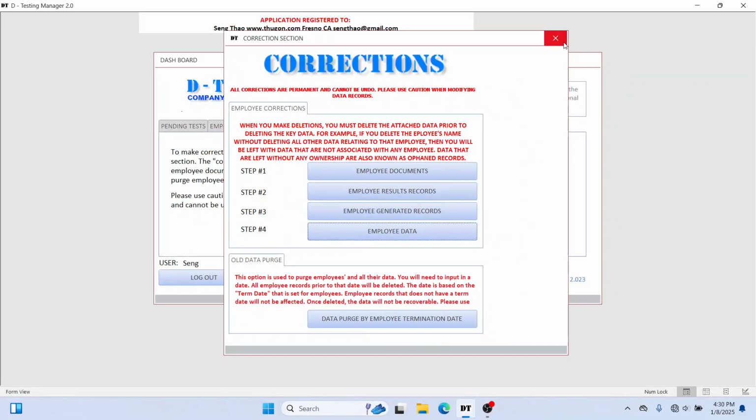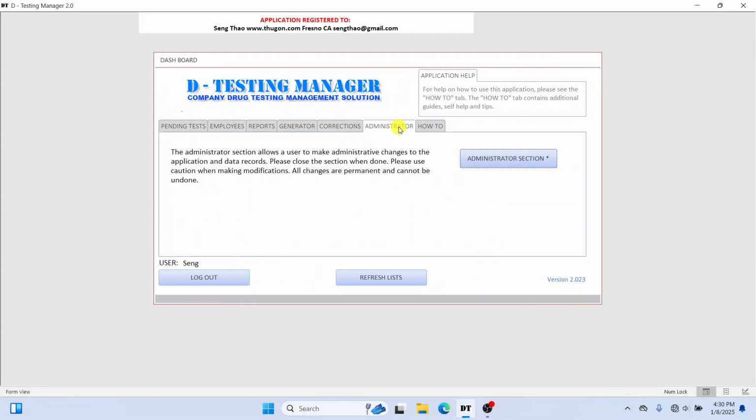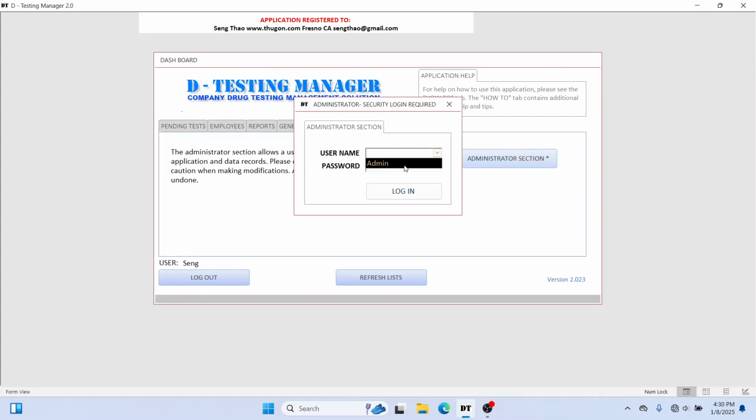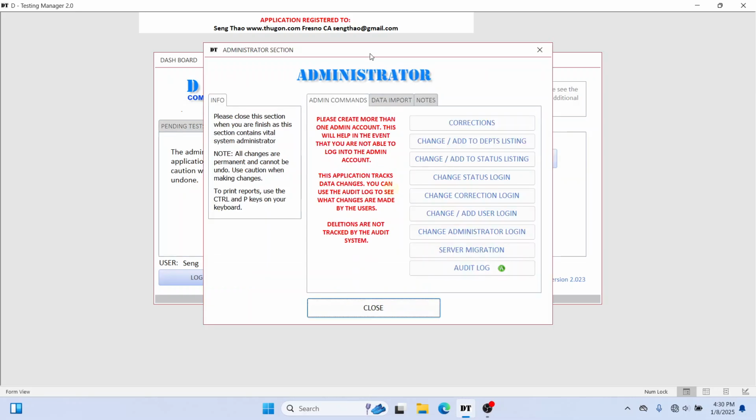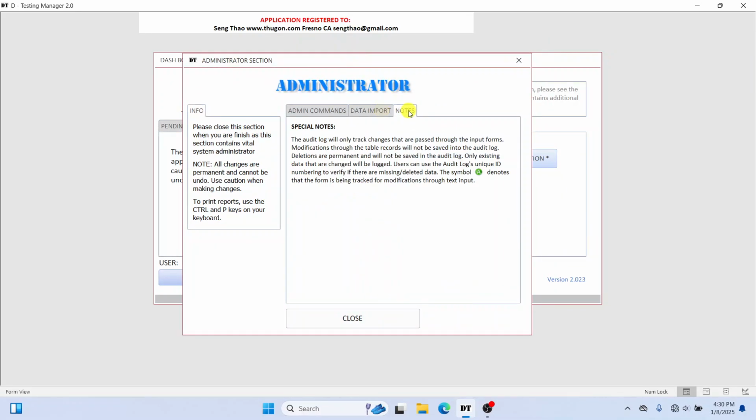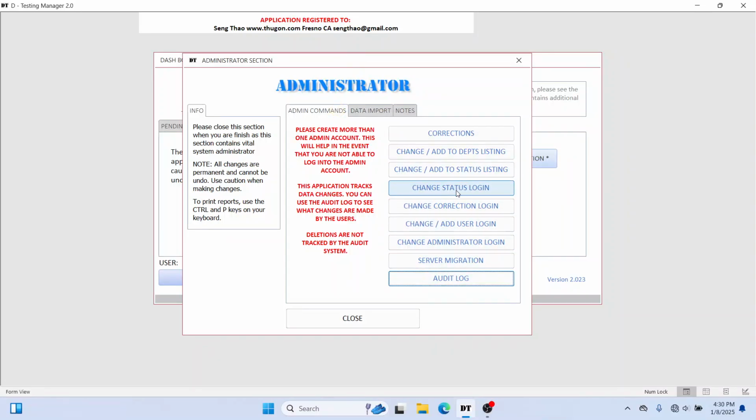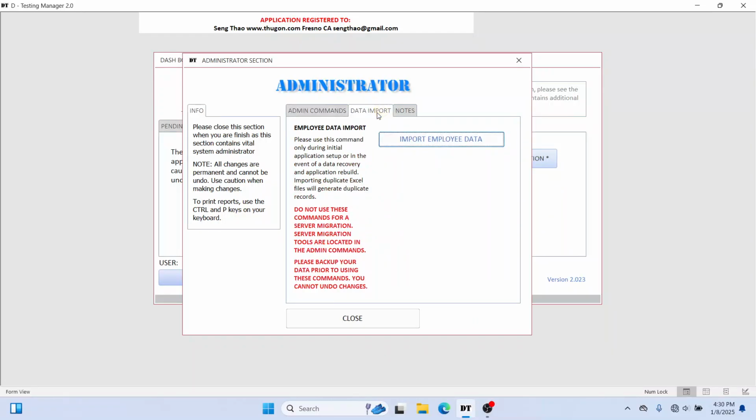Okay, close out of that, and there's a lot of commands inside the administrative section as well. So if you go in there, I'll show you a few here. Okay, there's admin control. You can change status, logins. You can add more users to the login, server migration, audit log, tracking changes,